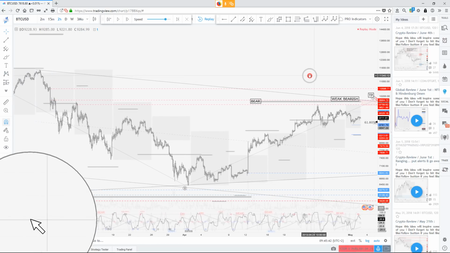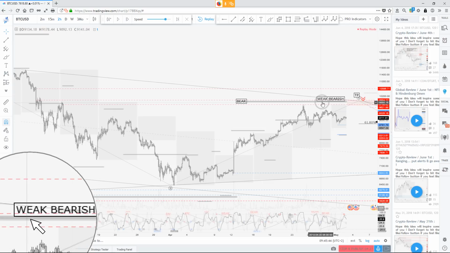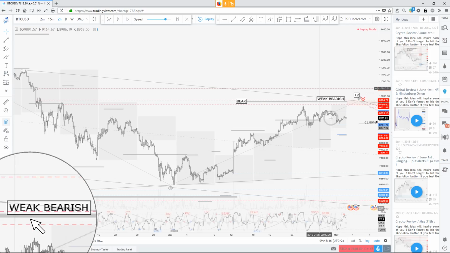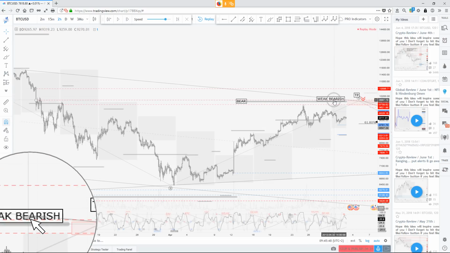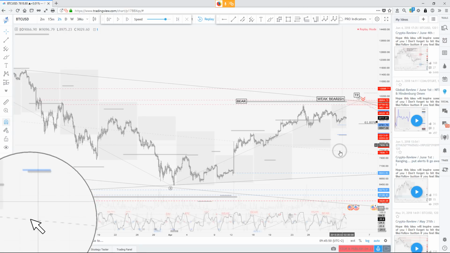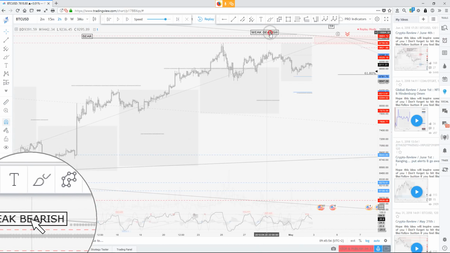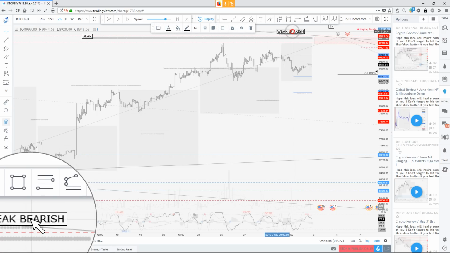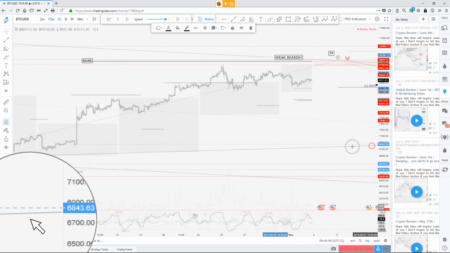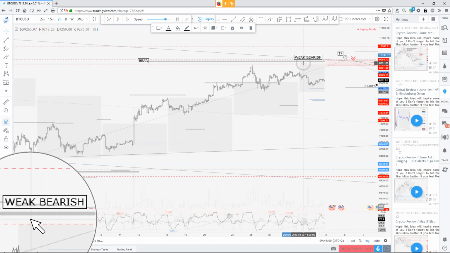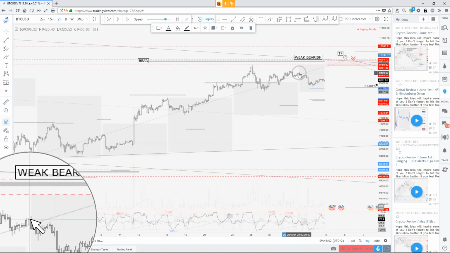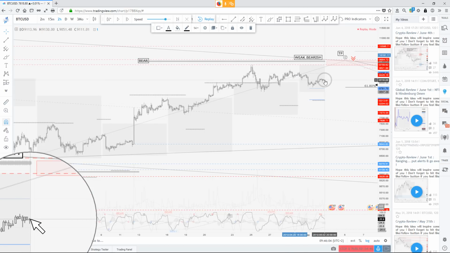We still don't know what's about to come. All we know for now is that right here, we've got a new bearish cycle. See, right there, we switched, and that cycle told us it was weak bearish. Weak bearish is cool. At that point, you try to short. So in here, there was a first short entry, but at that point, that short entry needs to be at break even.